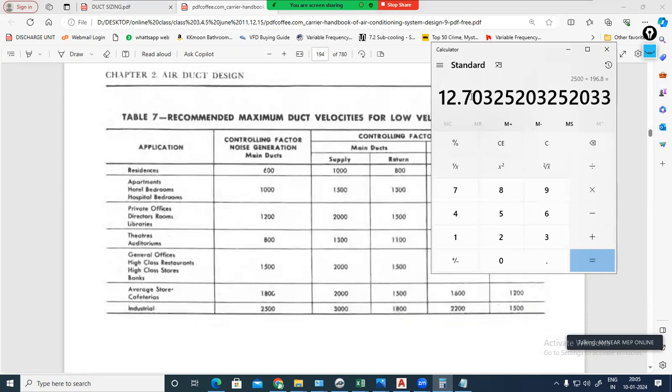That is fine, but we will not go that high, because sometimes it will create some noise. Industrial exhaust you can go, no problem. But in the rest of the cases, no,